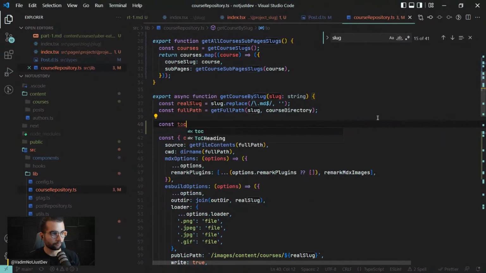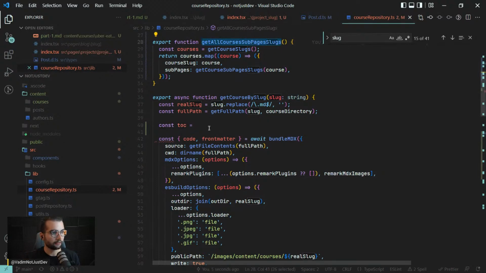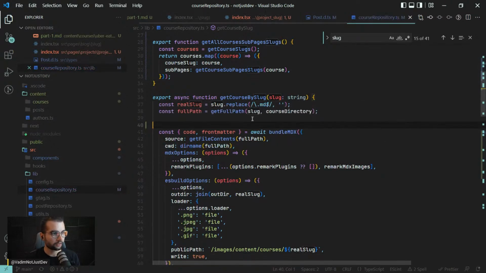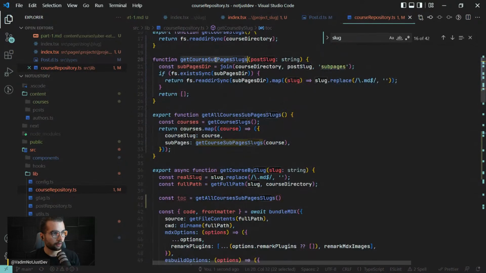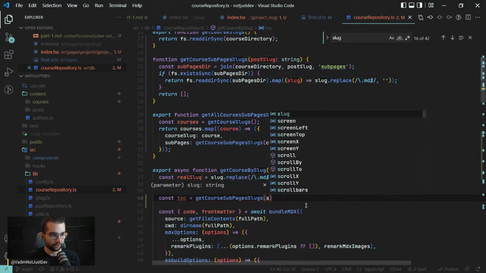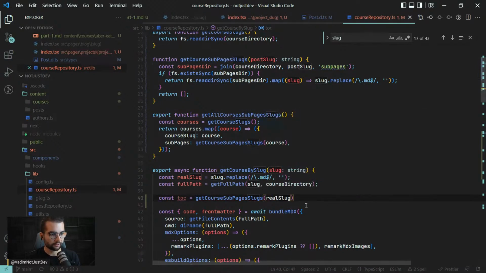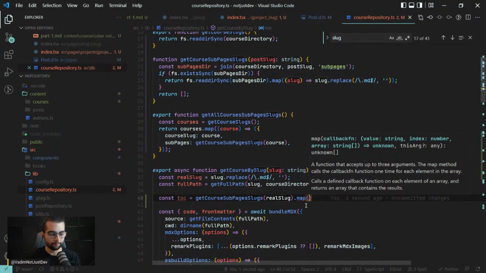So const table of content equal. Let's call this get course subpage, because I want to get all the subpages for the real slug, and I'm gonna map them like this. For every subpage,